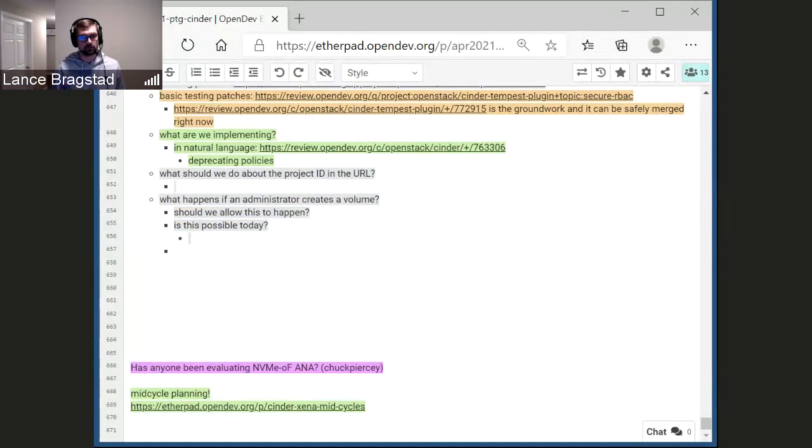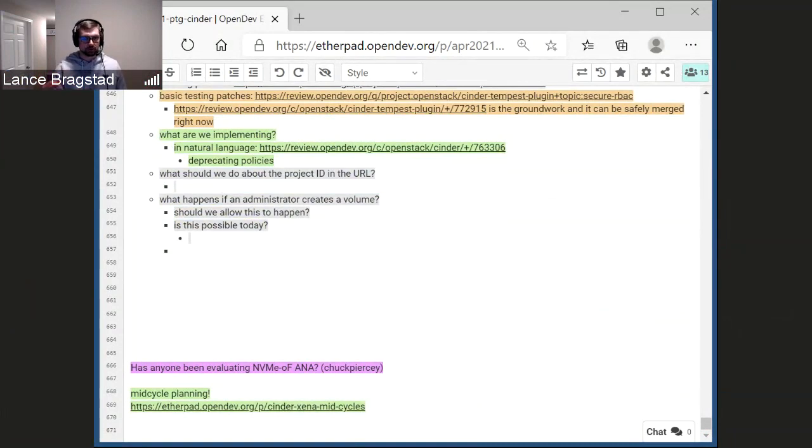Option number 2 would be to use a construct in Keystone that would allow role assignments to be inherited down a tree of projects. If you're unfamiliar, Keystone supports hierarchical projects, and they all bubble up to a domain. You can have multiple domains, which means you can have multiple project trees, but all of your system users would have a role on those domains, and it would be inherited. So they could essentially do the same workflow as approach number 1, but without the explicit authorization created by that role assignment. It's effectively there, and they do the same thing with a project scoped token in Cinder.